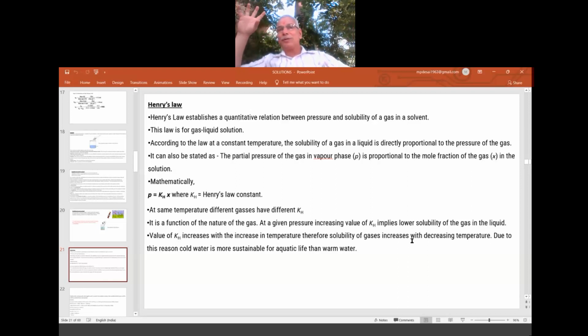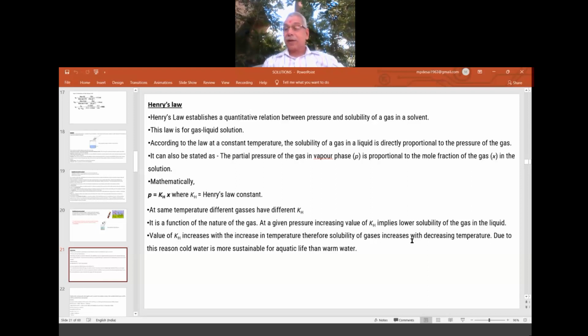That's why you might have seen that soda water bottles or soft drink bottles are not kept in the open. They are kept in the refrigerator, or in one big container full of water in which they put some ice cubes, cold condition, and put all those bottles. You might have seen it on a trip or in the market. So this is an application of Henry's law in day-to-day life.